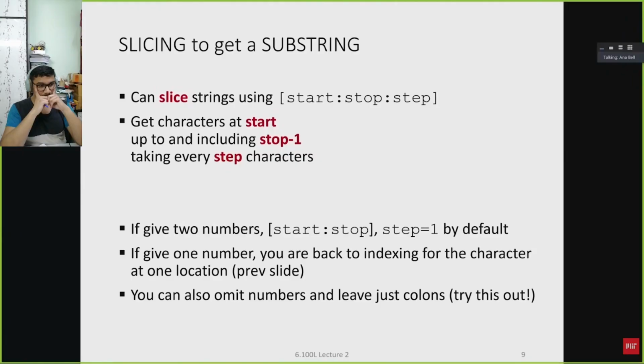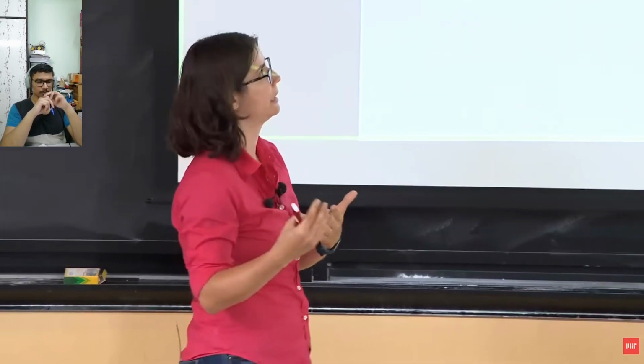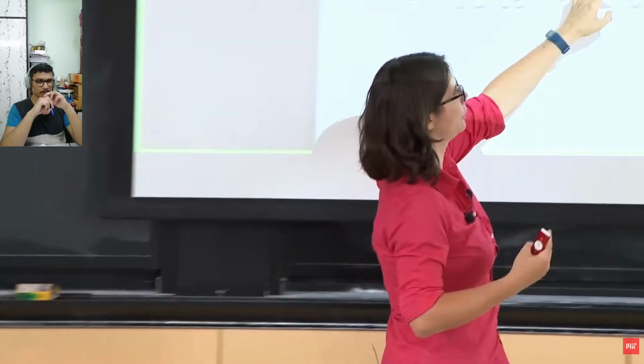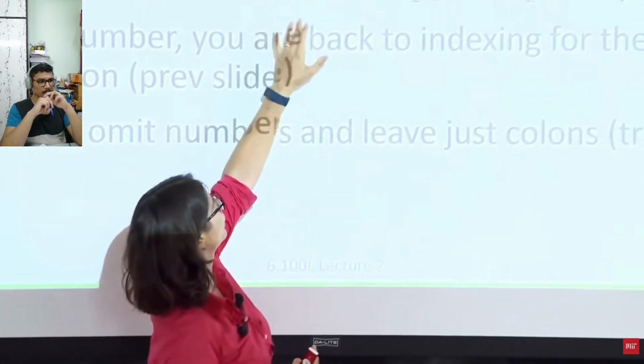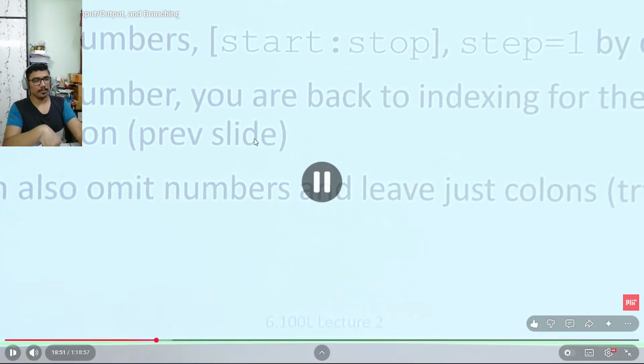For now, it won't hurt to always give it a start, a stop, and a step. That's perfectly fine. But something that's really common if you're always going to take every single character is to just omit the step part. So if you just give it 2 numbers, number colon number, Python automatically